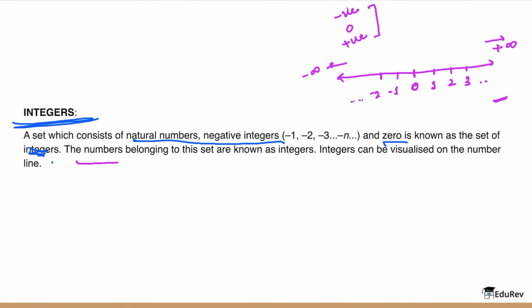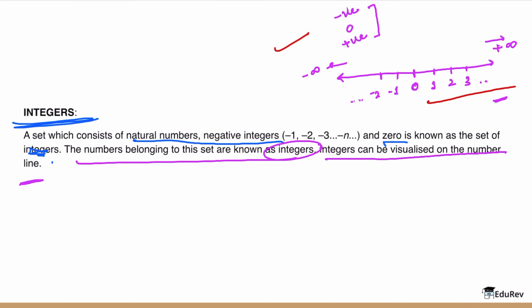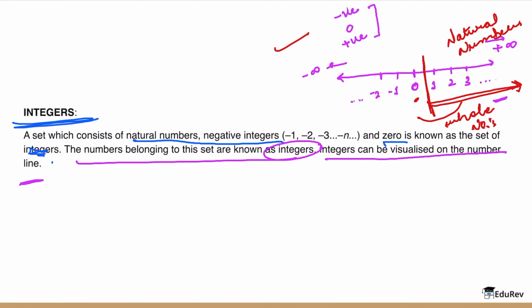Now the numbers belonging to this set are called integers, and integers can be visualized on a number line, as I have shown you right here. One very important thing is that positive integers are the same as natural numbers. These are my positive integers, so these are nothing but my natural numbers, and natural numbers plus 0 give me whole numbers. So whole numbers. Okay, moving forward,